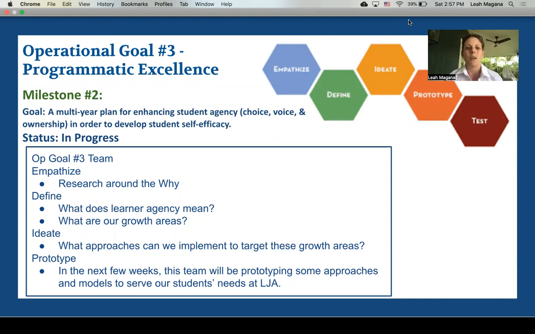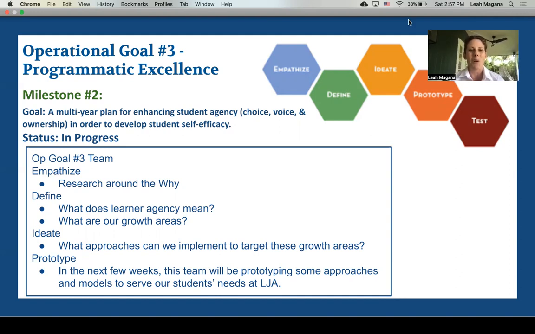Also, we are seeing more student agency in the IB documents across the PYP and the MYP and even the DP at this last IB Global Conference. And so we like to stay ahead of the curve, as you know, and we are working to better align ourselves with those changes. As you will remember, back in January, we gathered everyone together and we did some learning engagements around student agency and invited everyone to be a part of the Op Goal 3.